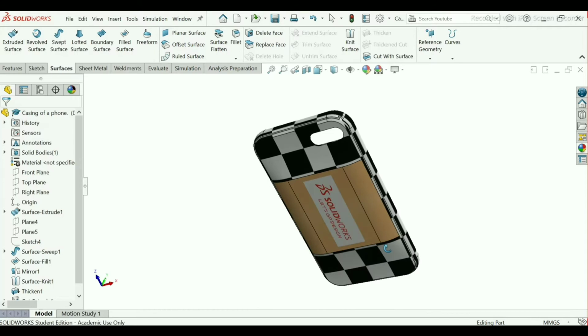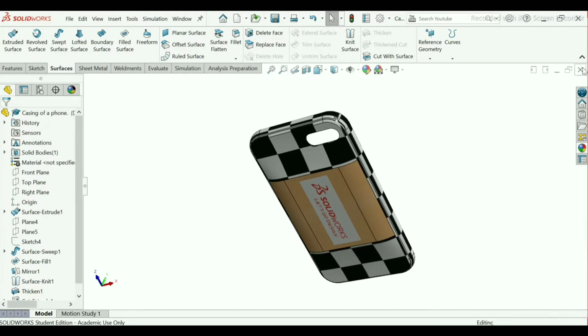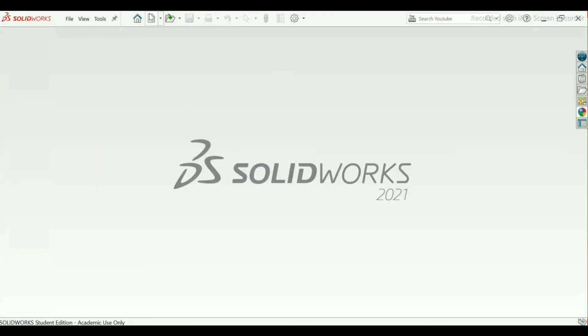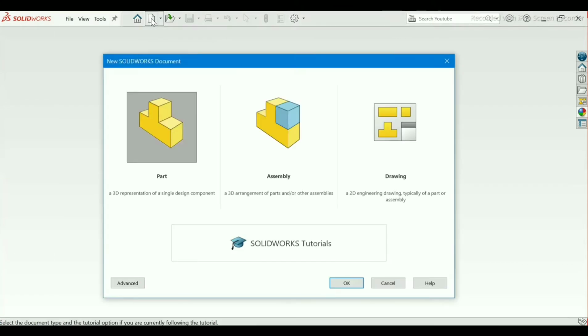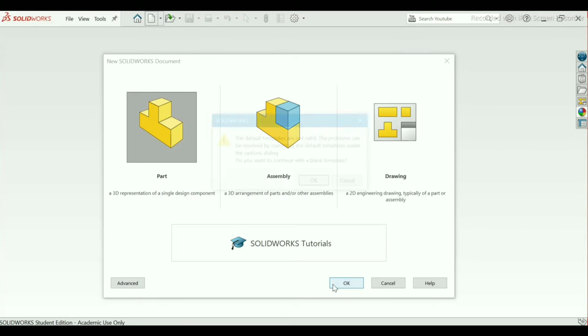Now let's begin. Go to new, select part modeling, OK.